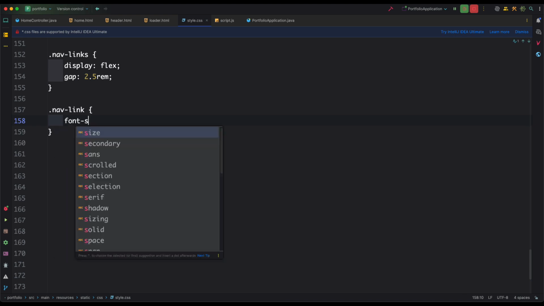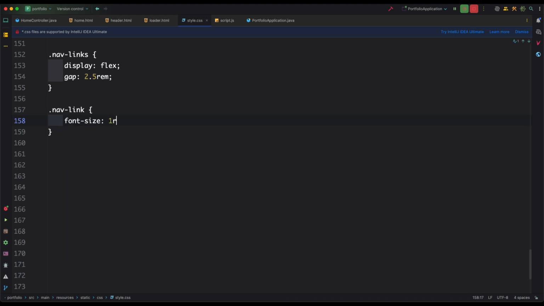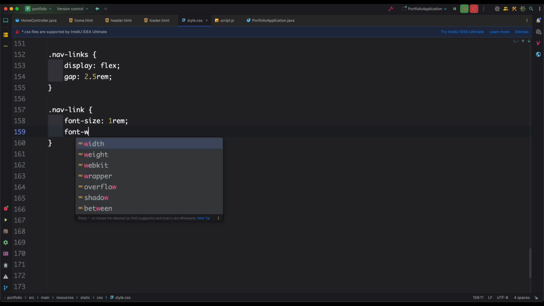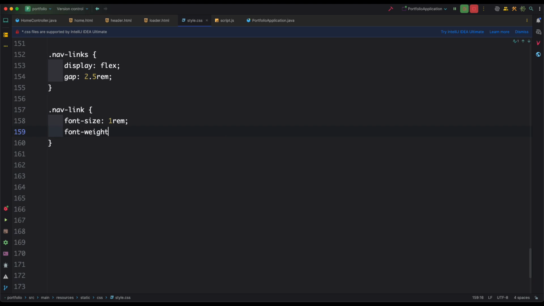And font size 1 rem, font weight 500, letter spacing 1 pixel, position relative, padding 0.5 rem 0. Also